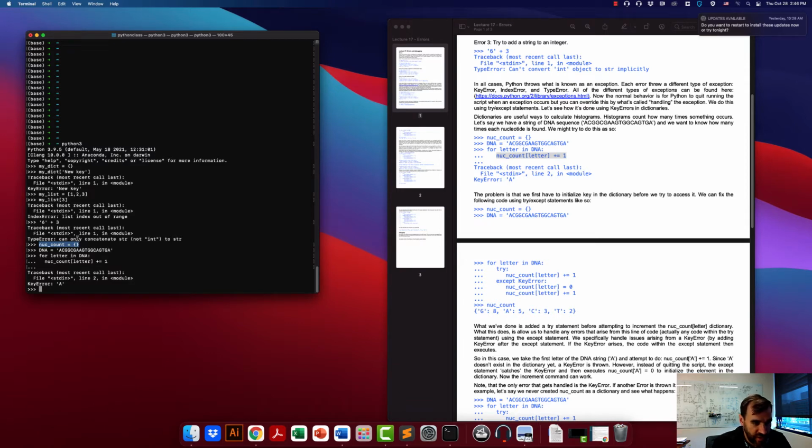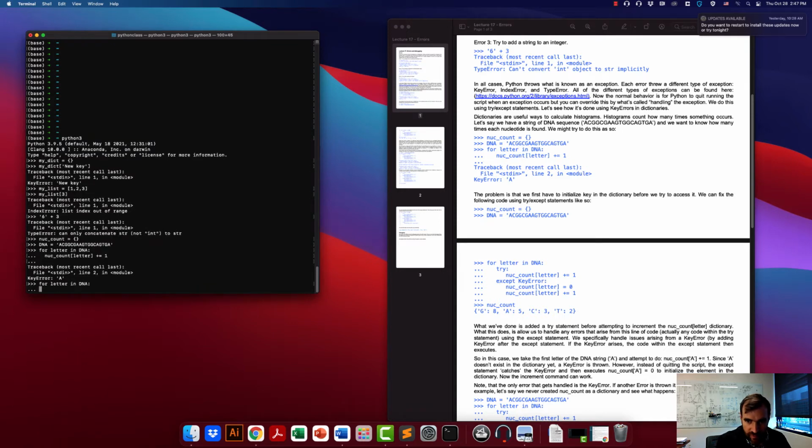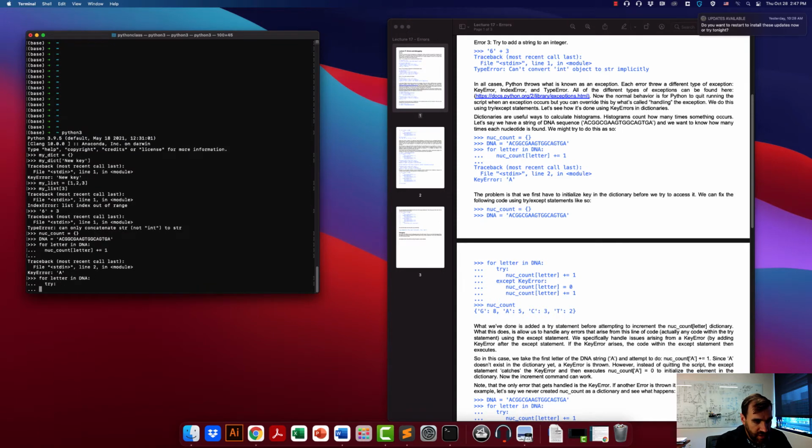So how do you handle this? One thing you can do is use if statements: if the key is not in the nuclei count, so if letter not in nuclei count, we could do something then. But you can also fix this by catching this key error. You do this using this try except form. What we're saying is we want Python to try to do something. So try to add,